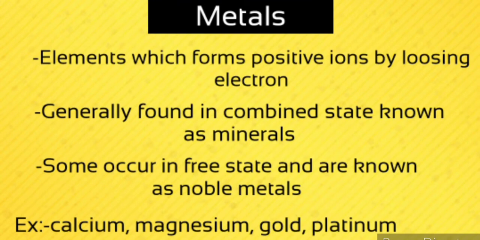Next we have the occurrence of your metals. Now what is the occurrence of metals? They are generally found in abundance in the earth's crust. They can be either in the free form like gold and platinum, that is, not in any combined state. Freely we can get gold, platinum, silver from the earth's crust, or they can be in the combined form in the form of carbonates or silicates. They are formed in the earth's crust in a combined way with some impurity, so they need to be purified.